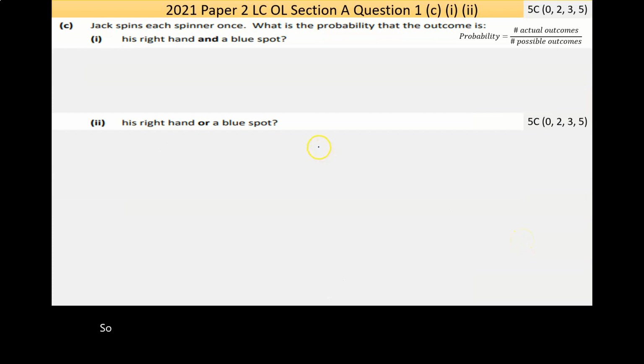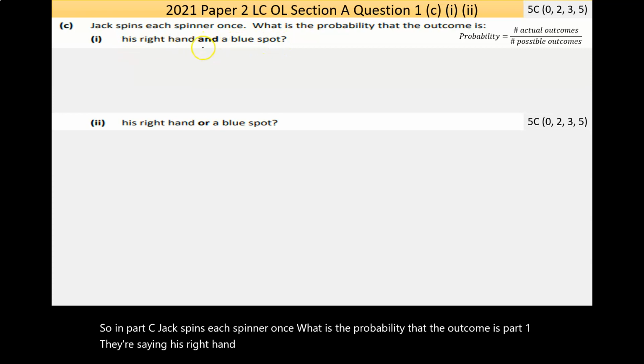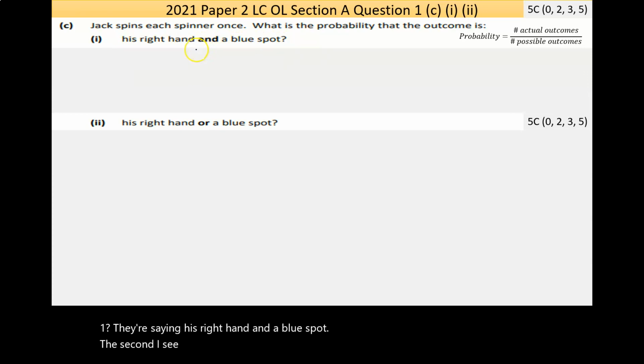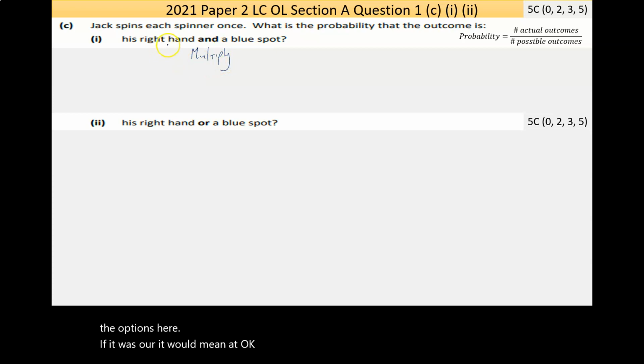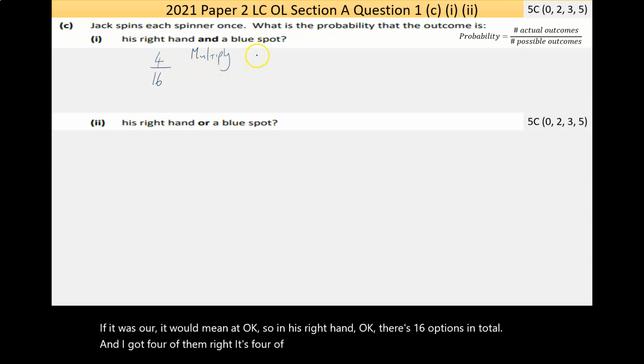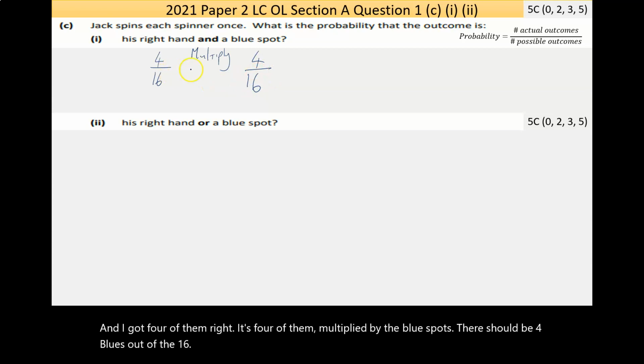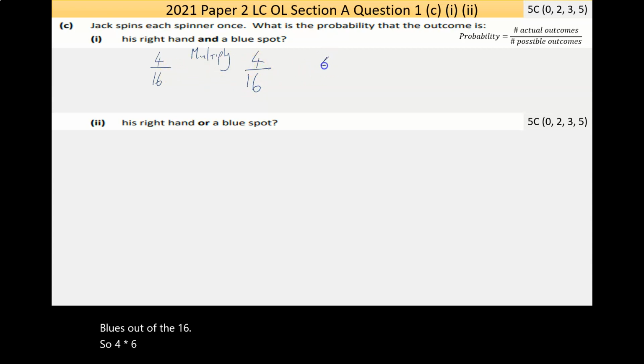So in part C, Jack spins each spinner once. What is the probability that the outcome is, in part one, his right hand and a blue spot? Now, the second I see "and" in a probability question, I go, I'm going to have to multiply the options here. If it was "or", it would mean add. So in his right hand, there's 16 options in total, and I get four of them. Multiply by the blue spots, there should be four blues out of the 16. So 4 over 16 times 4 over 16